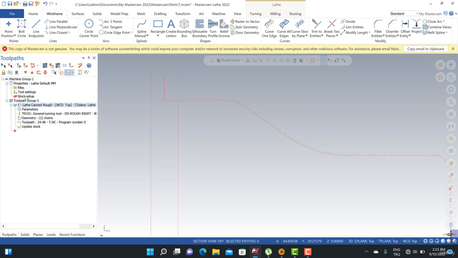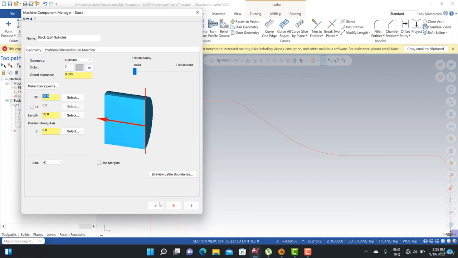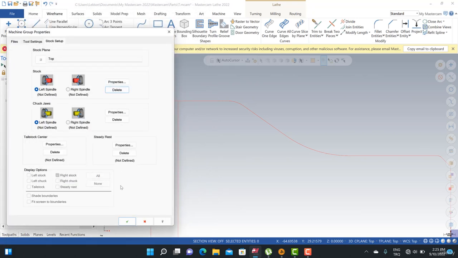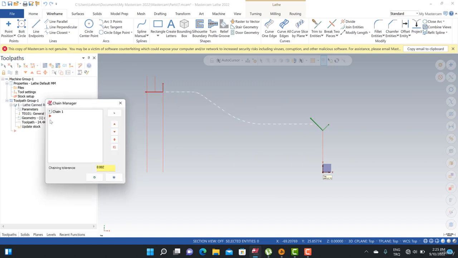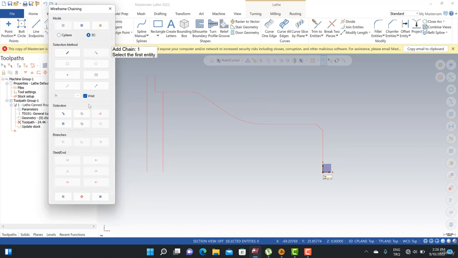At that point I can turn to stock options, properties options, and then we can delete my stock options here. I don't want to use the stock options at that point. I can click the delete button. Of course, to be able to handle that stuff, I need to turn back to my geometry. I can click that chain and right mouse button and select the delete options, and then I can use the right mouse button again and add chain options, and then I can click here, here. All that line is not needed. Okay, I just need to click here and here,